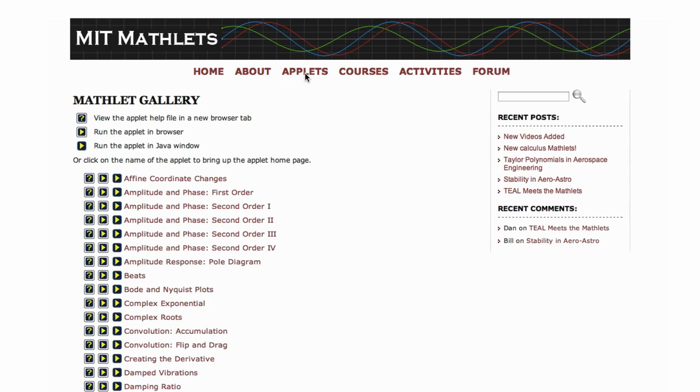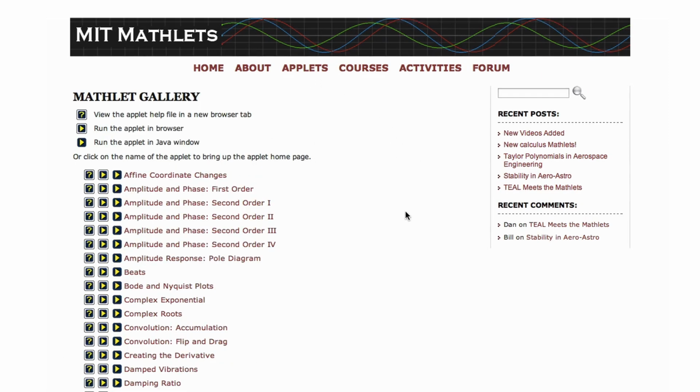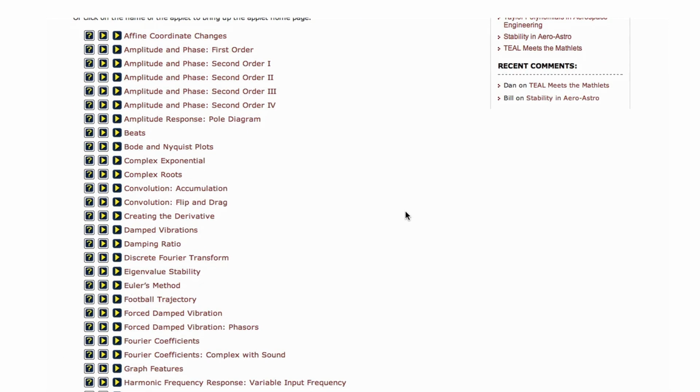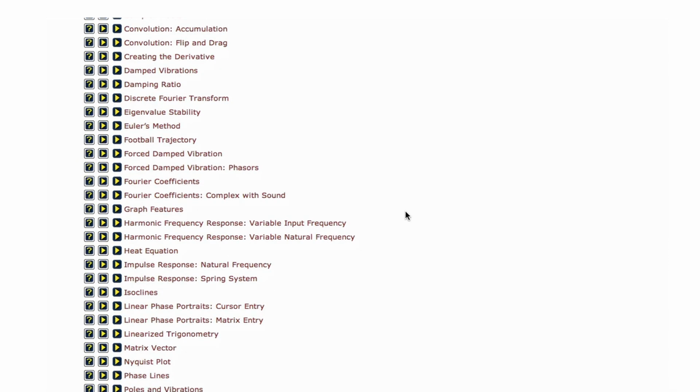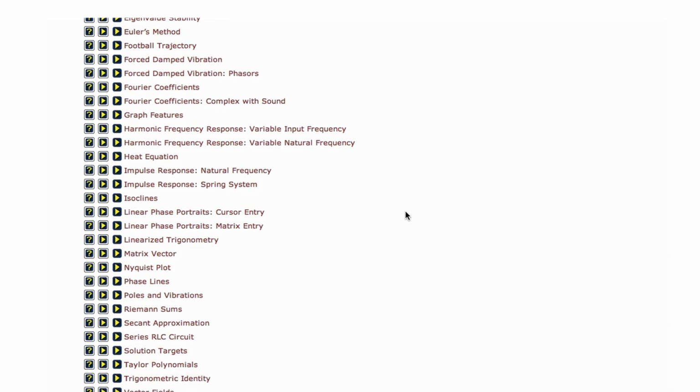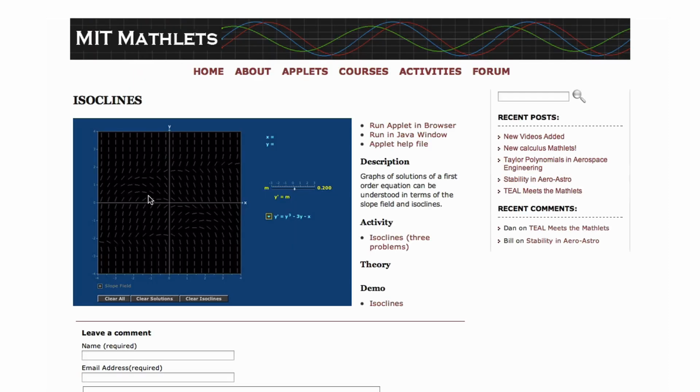First, the Applets button brings up a simple alphabetical listing of the mathlets. Each mathlet has a home page, which can be invoked by clicking on the name. Let's choose isoclines, since that will be the subject of the first module. The home page contains a variety of material associated with this particular mathlet.